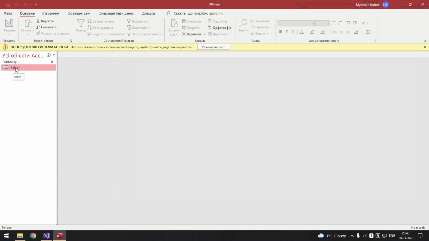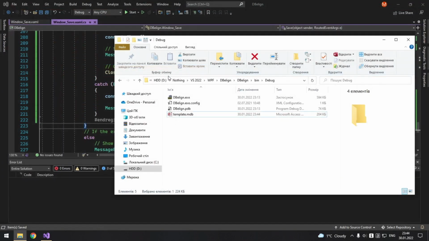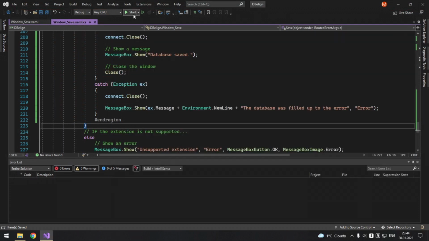We have a table called table1, the default name, just because I defined it in my database. We have 0 entries here, just the 2 columns and the ID column as well. Alright, so let's try to fill the database.